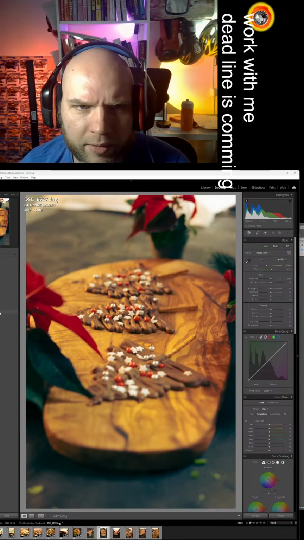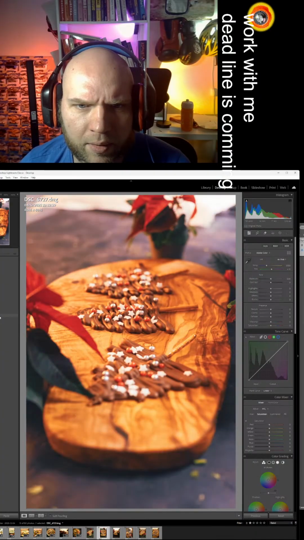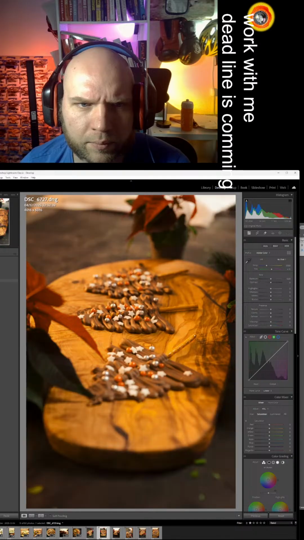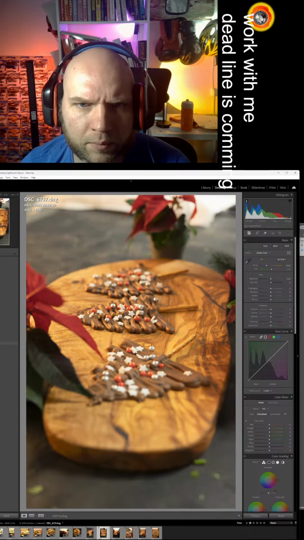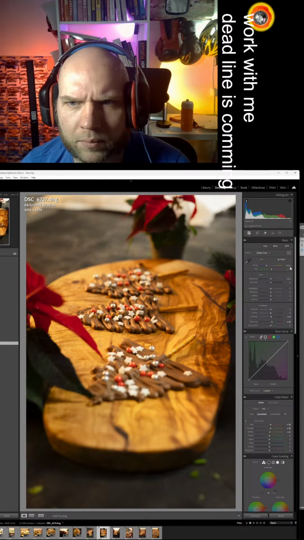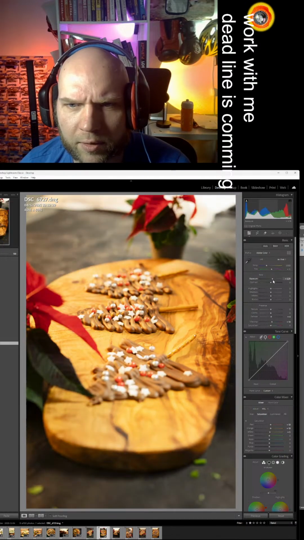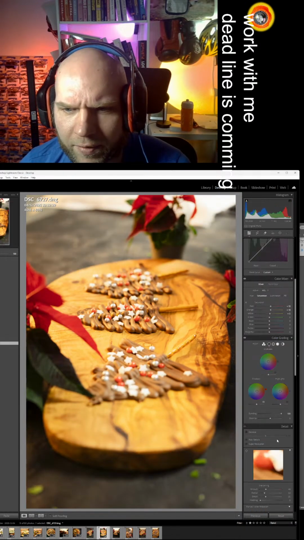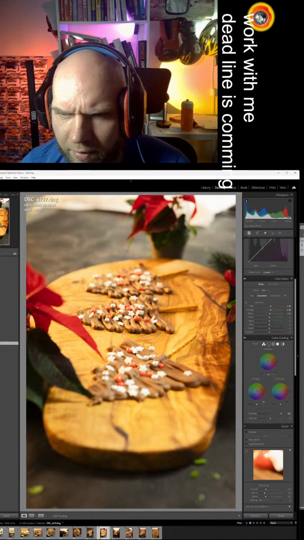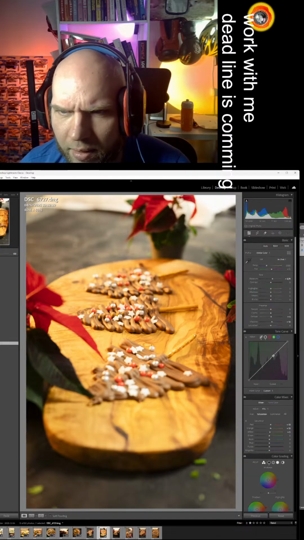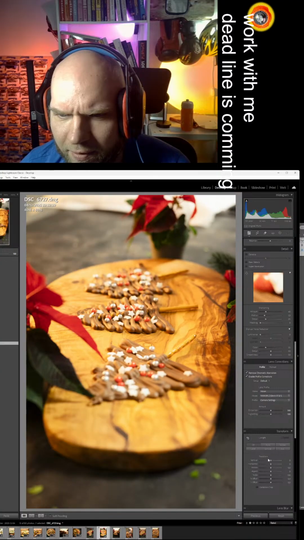Let's check some presets. Okay, this one a little bit brighter, white vignette as we did in the previous one, because white is more festive.